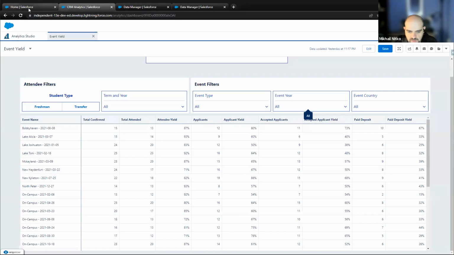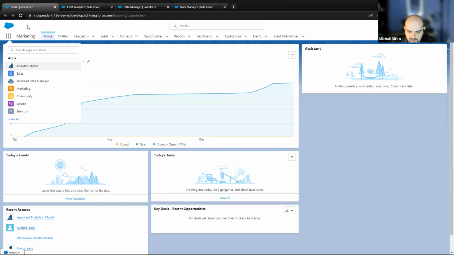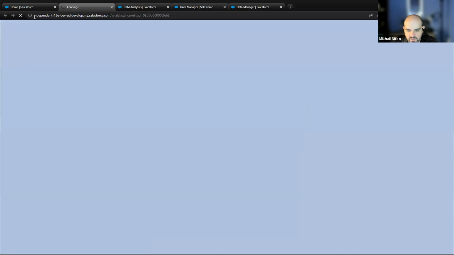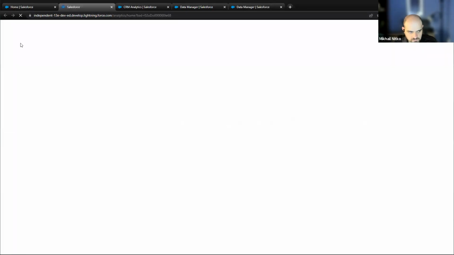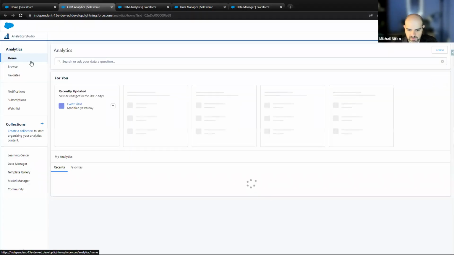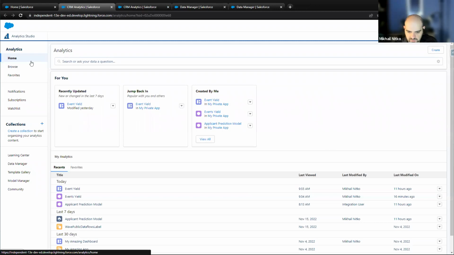So here, I have already created the connections and the recipe for the Einstein Discovery that we're going to need for all the higher ed objects that we talked about. I combined, in our case, applications with prospects so that we can see what about a person or their application is correlated with the outcome of that person becoming an applicant.